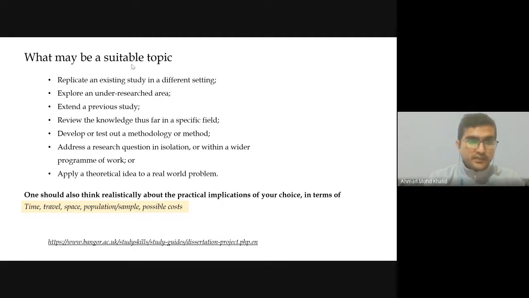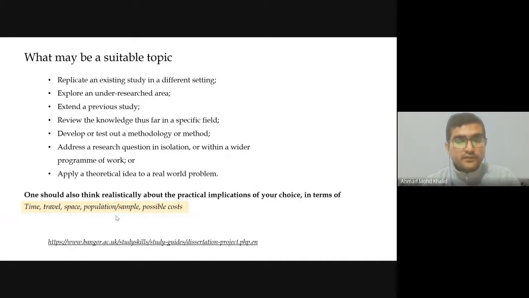And here, when you're choosing a topic, you have to be very careful about the time aspect, the cost aspect, and its possibility. You are thinking about a topic, or some topic interests you and you are very much into it, but will you be able to accomplish it in say 2 months, 3 months? You have to be very clear, because the idea may be very good, the study design may be very good, but it is possible that it requires more time.